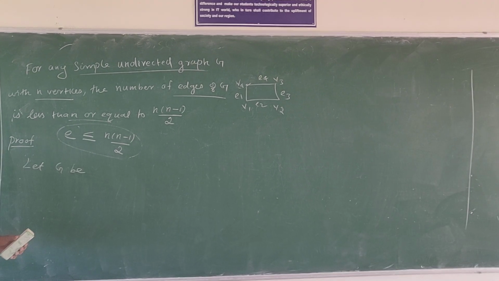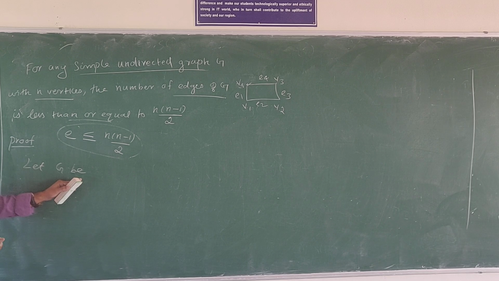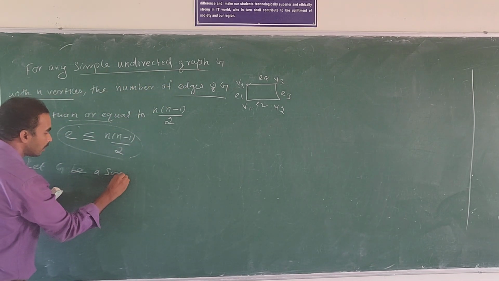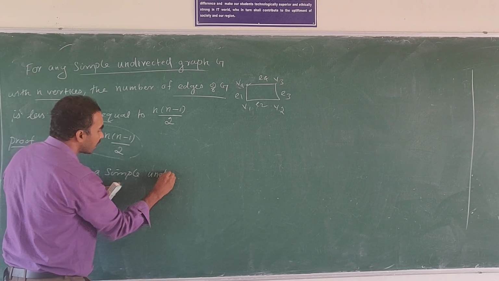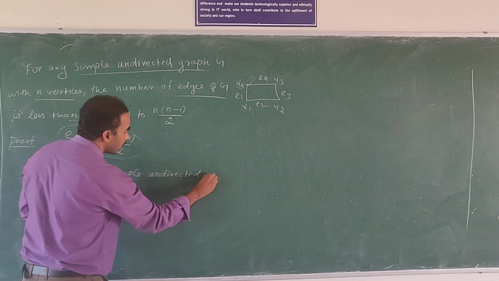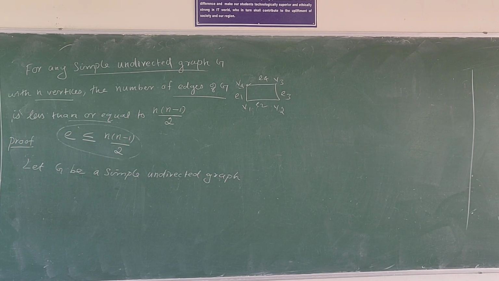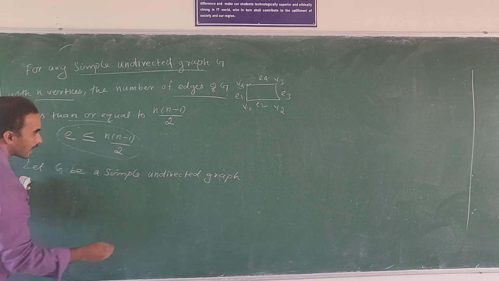Let G be a simple undirected graph. Write many statements, then only you will get more marks. So take the words from the theorem. They have given: let G be a simple undirected graph,